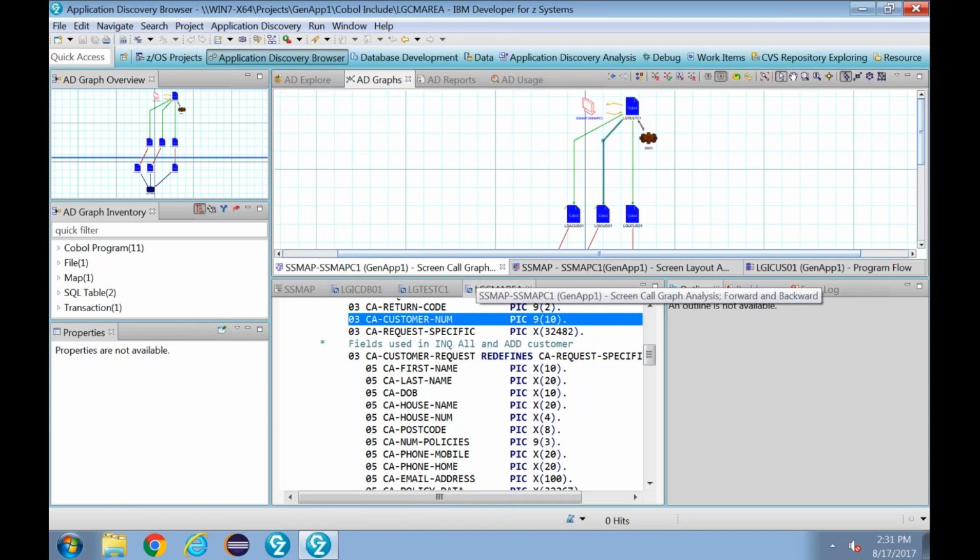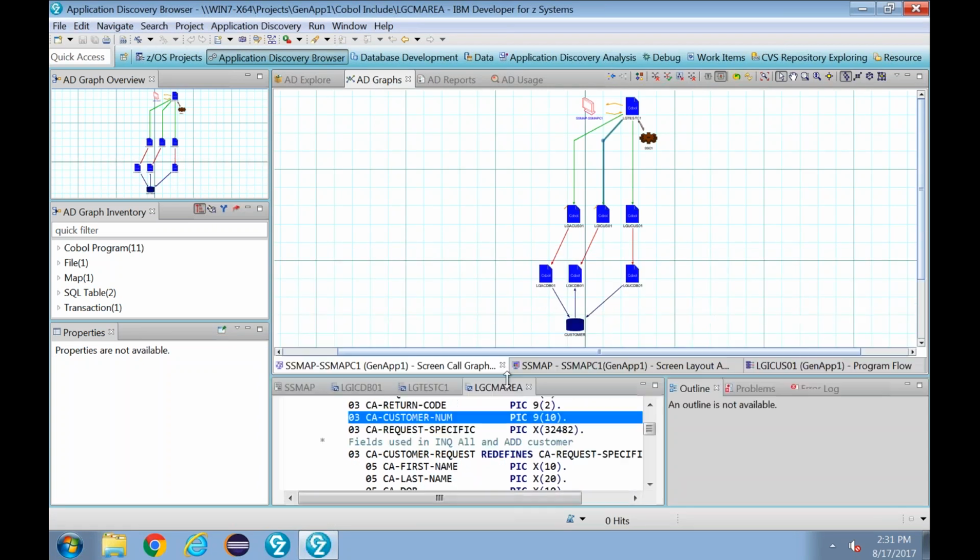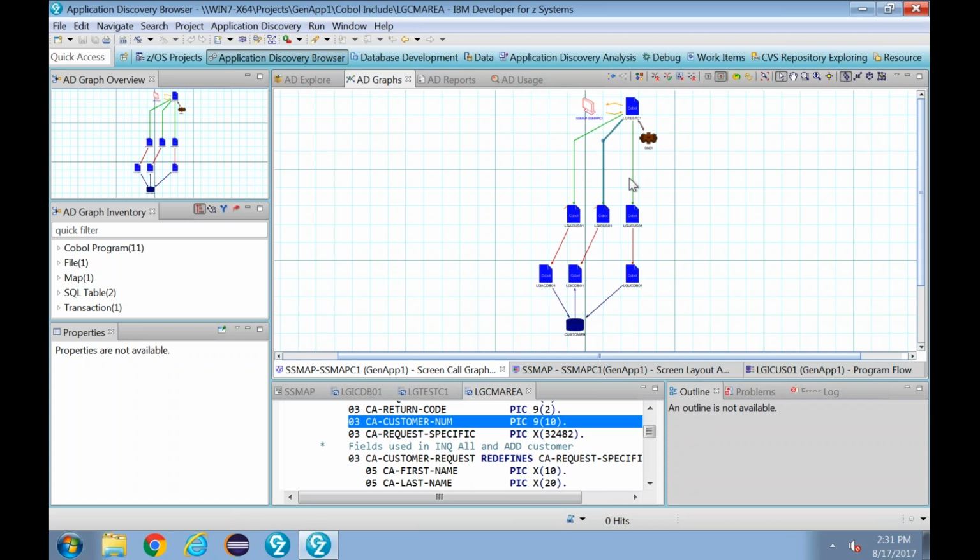So what we have now done is, knowing just that we have to analyze the customer inquiry screen, Joe has gone in, run a search, and identified what the screen is. He has identified the transaction which invokes the screen. He has identified the entire flow of the transaction. He has isolated the inquiry flow, and within the inquiry flow, he has easily identified which program can be exposed as an API.